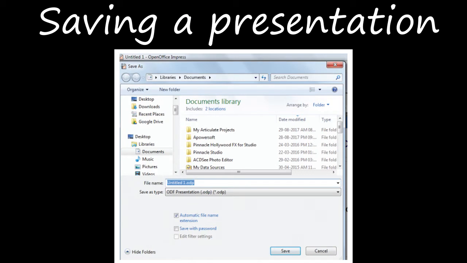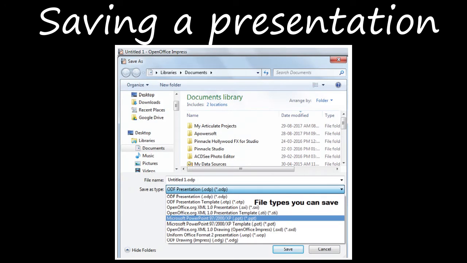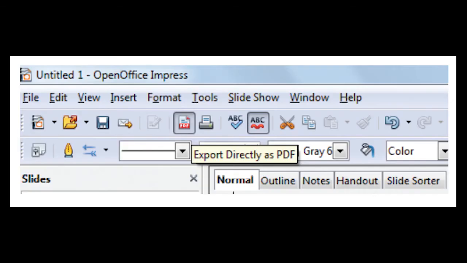In that dialog box you can give the name, select the file extension, choose the place, and click Save, right? You can also export this presentation as a PDF. That option is also given here, or it will show us exporting the presentation directly as PDF, right?